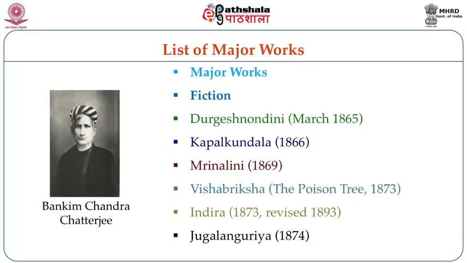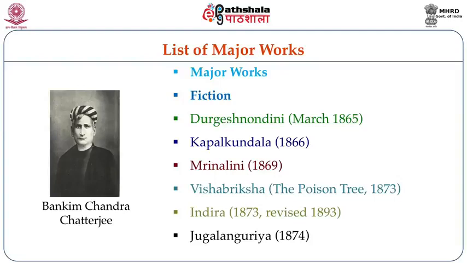So Bankimchandra's contribution is not only writing novels or critical essays or philosophical thoughts, but he proposed the style of writing Bengali prose, a Bengali prose for discursive text. Now we can briefly have a list of the writings of Bankimchandra, and the major fictions written by him: Durgesh Nandini, which was published in March 1865, Kopal Kundala 1866, Mrinalini 1869, Bishavrikho, The Poison Tree